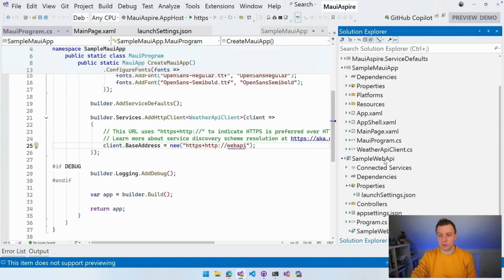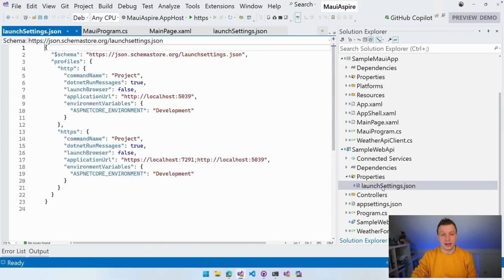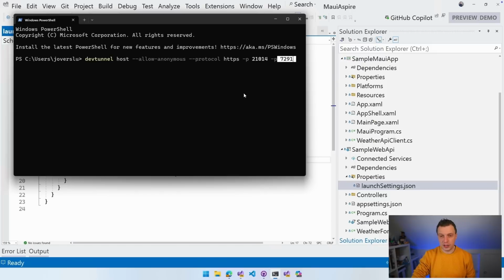Also here in our sample web API, let's go to the launchSettings.json, and you can see right here 7291 for HTTPS, right? If you want to also add HTTP, we have the other one, but we're not animals, we should use HTTPS. Okay, cool. So I'm going to start that, press enter here, press return, do it, and it's going to spin up this DevTunnel, and you will get a little ID, a little URL